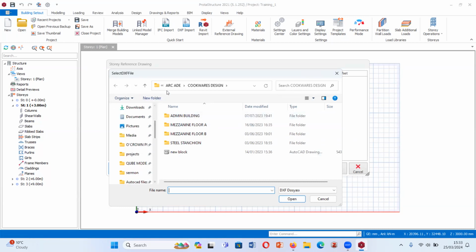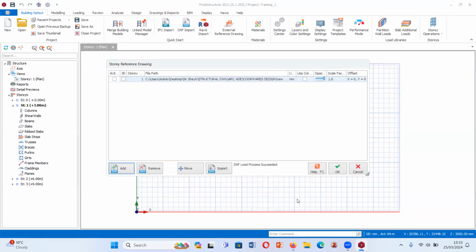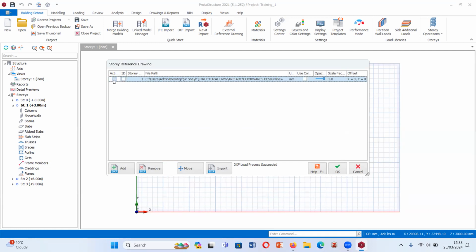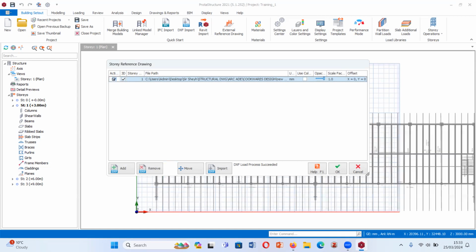For me, it's under Architecture Cooksware Design. So I'm just going to click New Block. This is what I have done, and I'm going to click Open. So I'm just going to activate this. You'll see that I clicked on 3D, then I click on Activate here, and there you go. You can see that it's showing what I have gridded. Okay. Then I can now come to import,